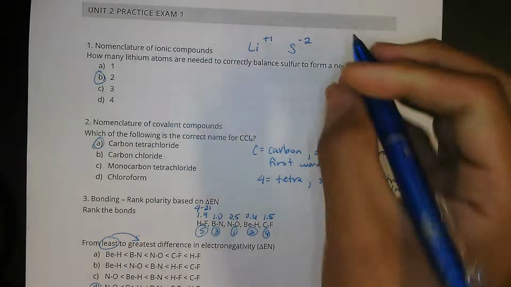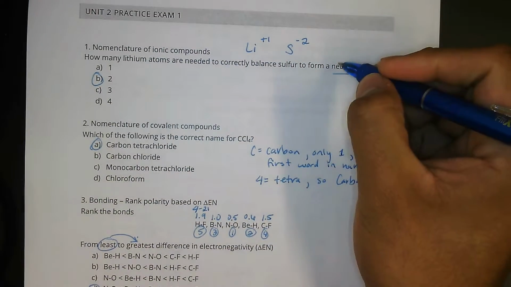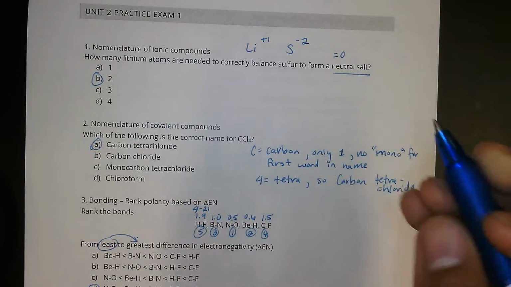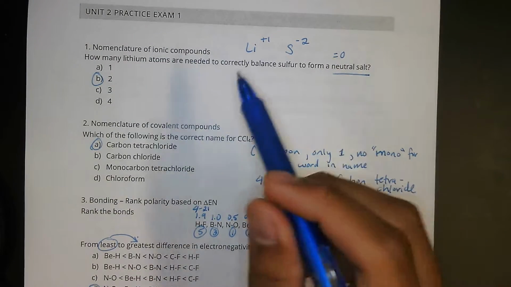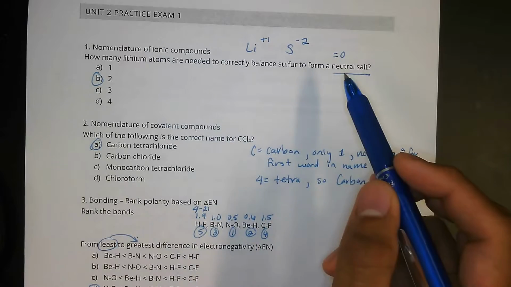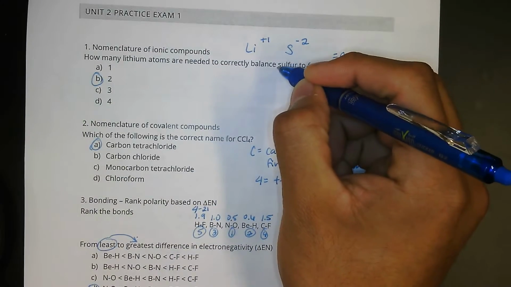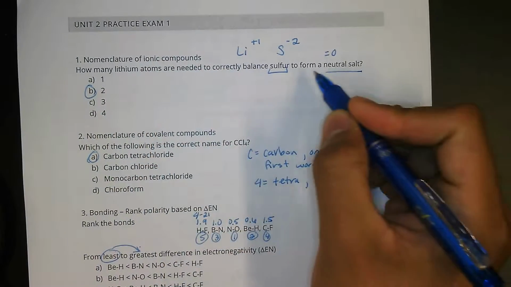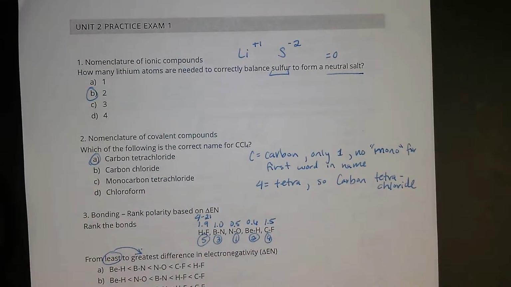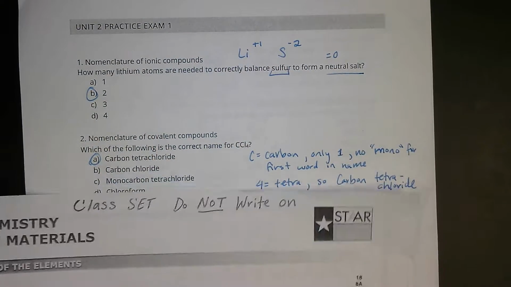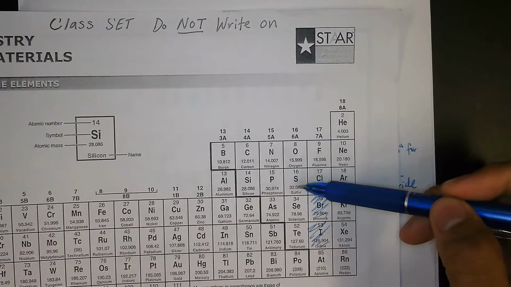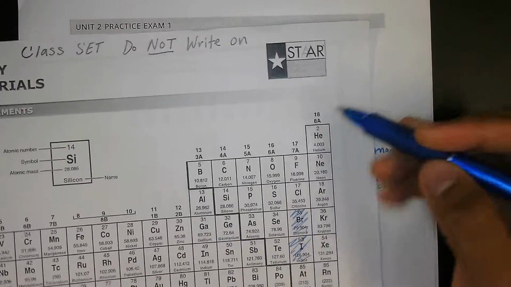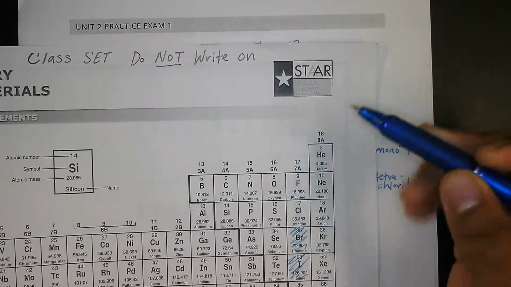So it's asking you to form a neutral salt. Remember that neutral means that you have a net charge of 0. And so, okay, you have one sulfur, and it's asking you how many lithiums you will need to balance this charge out. Sulfur is in group 6, right underneath oxygen, and so its charge is -2, because it'll gain 2 electrons to satisfy the octet, and